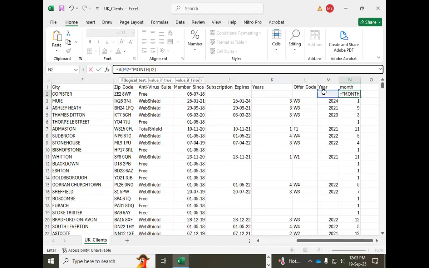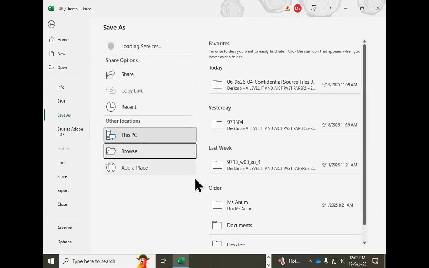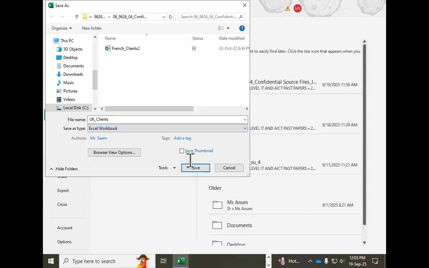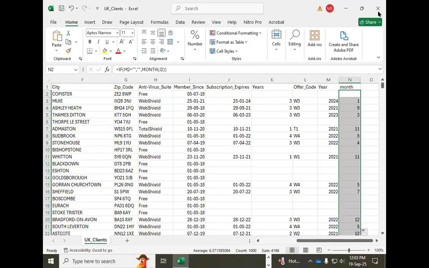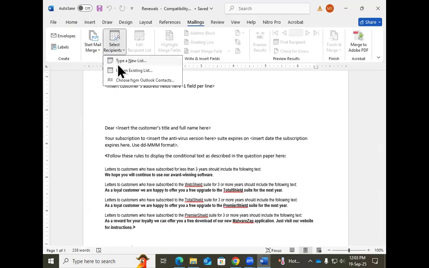Maths? Theek ho gaya, yes or no? I can just save this file as a Excel workbook in the same location. Close the file, and we can mail merge